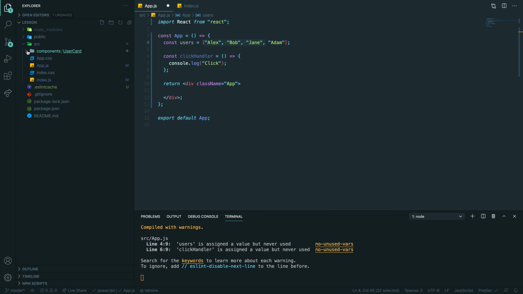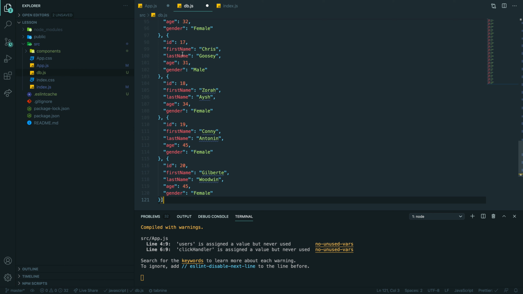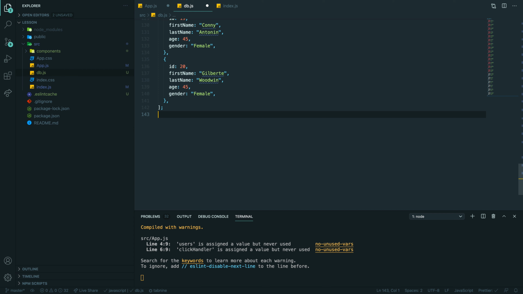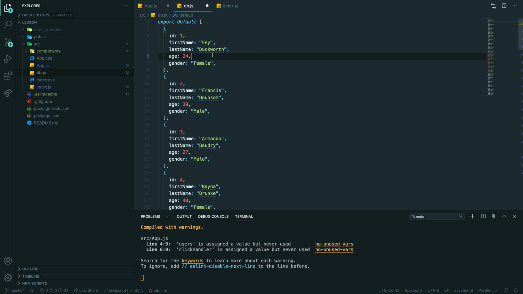So let me create a file db.js. It's like mock data, just to show you. Export default, that will be an array. So I'm exporting just dummy data.